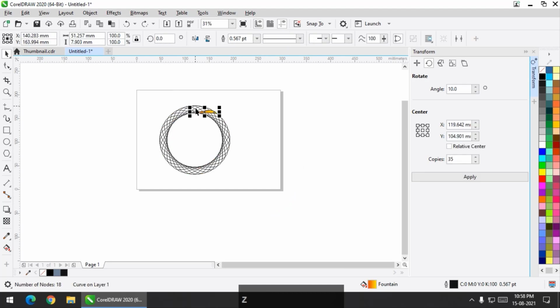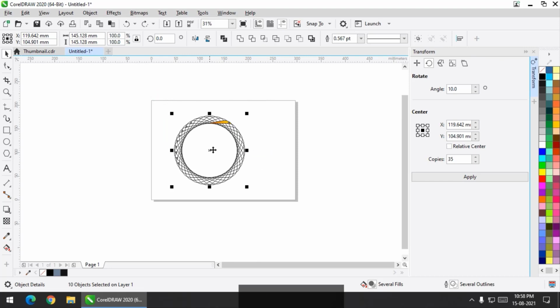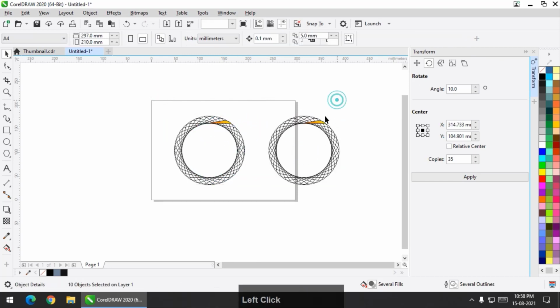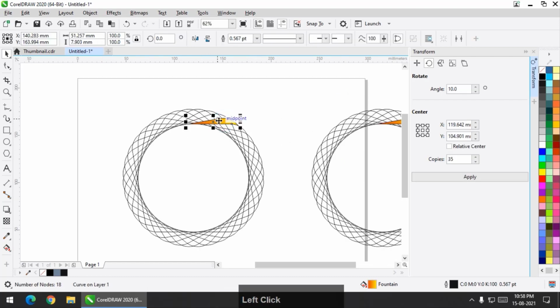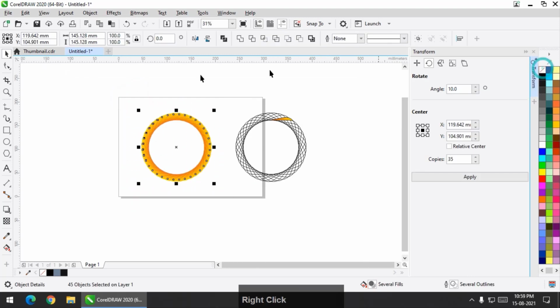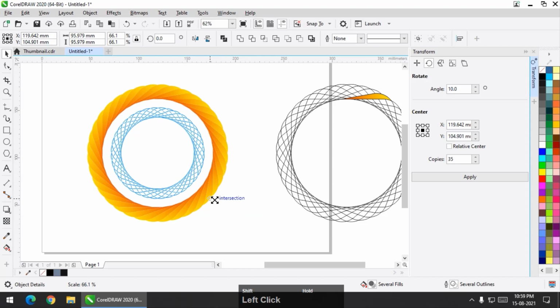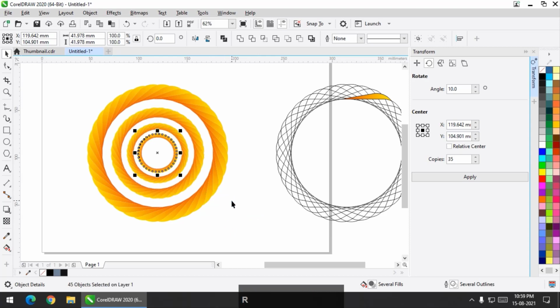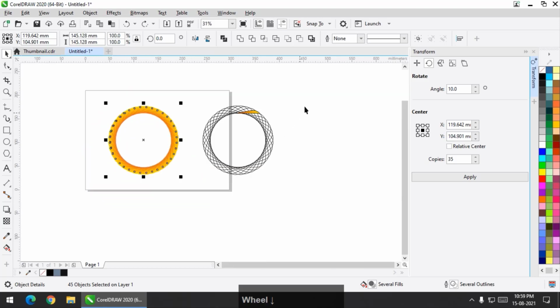Now before applying this transform option, I'm going to copy this so that I'll be able to use a different color combination for this particular shape. Now I'm going to click again, make sure the axis of rotation is at the center of the bigger circle, and Apply. So this shape is now created. Now select all the shapes and right-click over here so that the outline is removed. So this is how it will look. You can always use Alt and right-click to create some variation of the design. I will undo this. So this is one color combination.